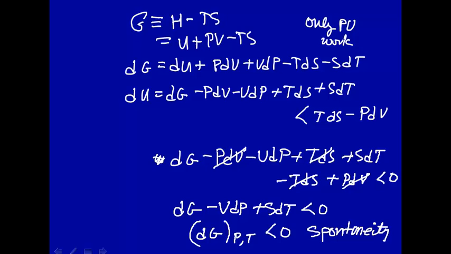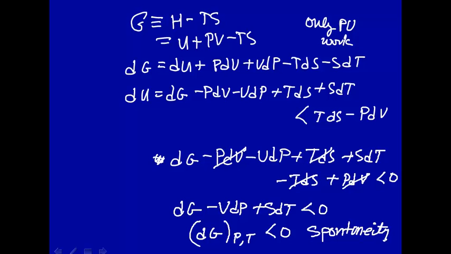So finally we get something useful for the chemist. If you have a chemical reaction occurring at constant pressure and constant temperature, and you want to know whether the reaction will spontaneously go from the reactants to the products, you calculate the free energy change. If the free energy change is negative, in other words the free energy drops, becomes lower, then the